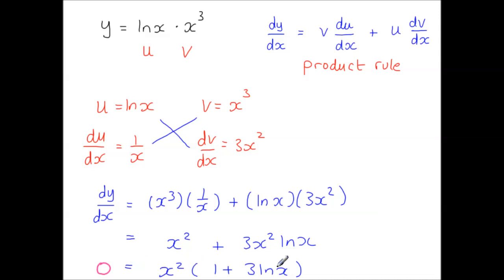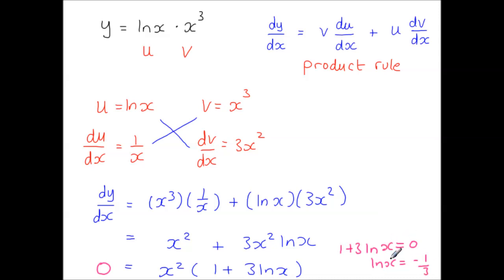for what value of x will we get a stationary point? And from here you might think x squared, when x squared is 0, so x equals 0 could give you a stationary point. X equals 0, can you really have the log of 0? You can't, so you can't have that one. Then you've got 1 plus 3 ln x, and if you make that equal to 0, so then you've got this. So then you've got this. Take the 1 over,